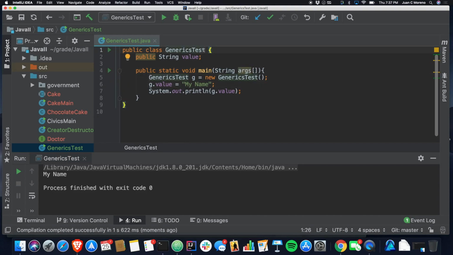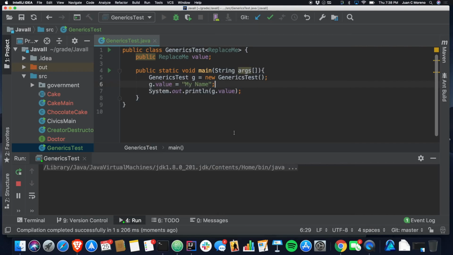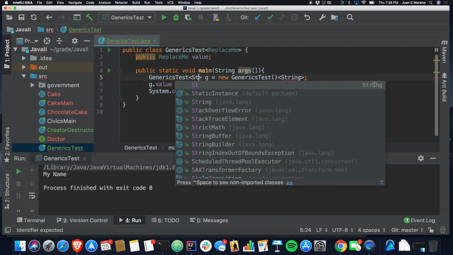What would happen if we did, say, replace me? And that becomes a new data type, exclusive to just this object. So now this replace me I'm putting it there. So when you don't pass anything, any object is available. But if I did generics test string and then string,